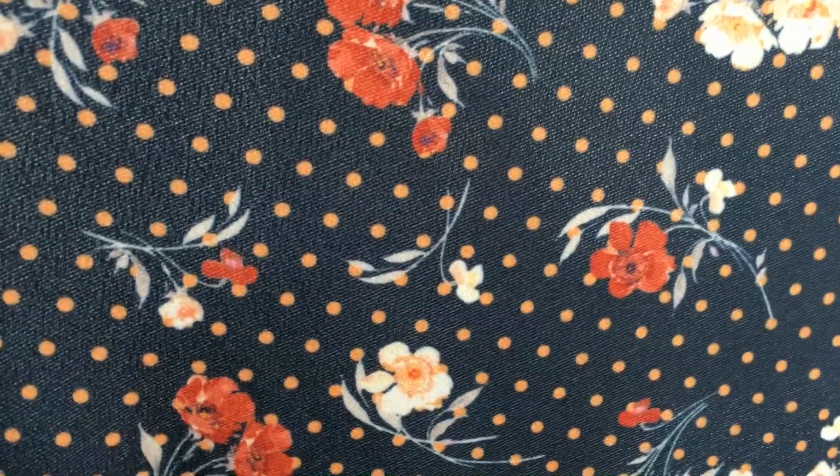Then I got this one. Now I had thought that this was a viscose jersey, but it actually isn't. It's a polyester and cotton mix. So it does have a slightly different feel to it. It's kind of slightly shiny,